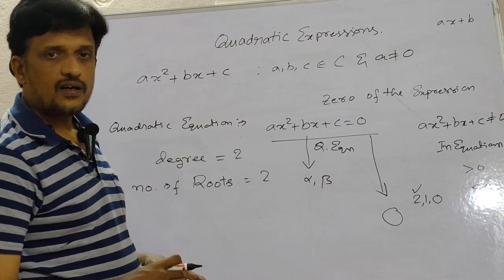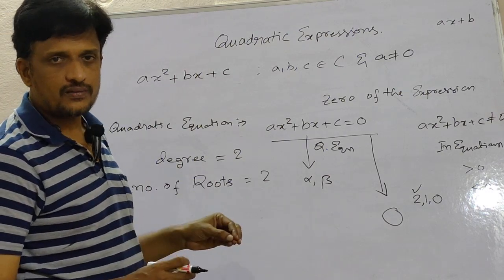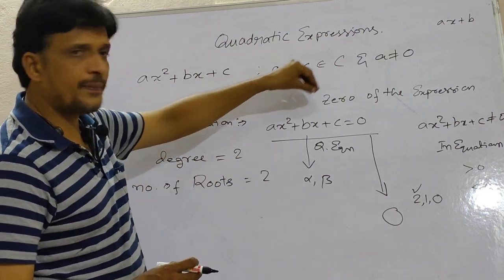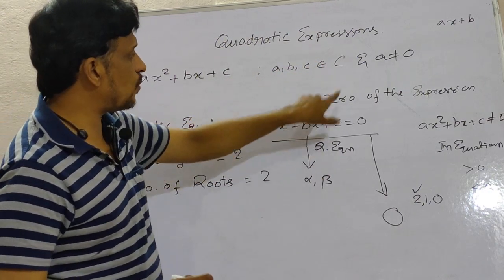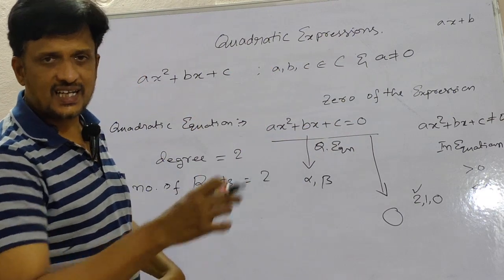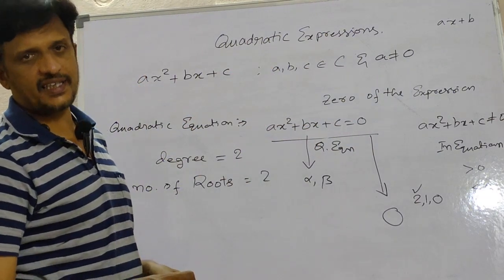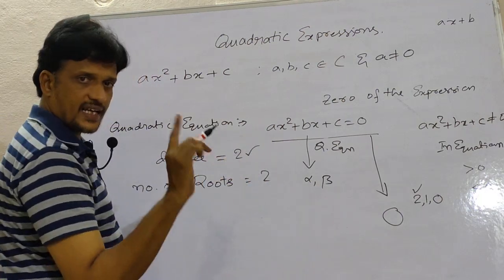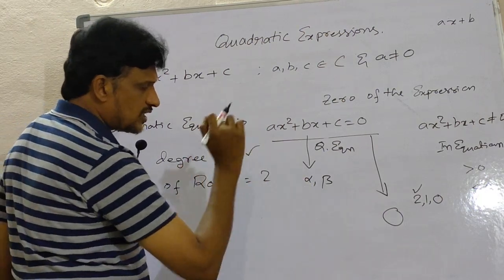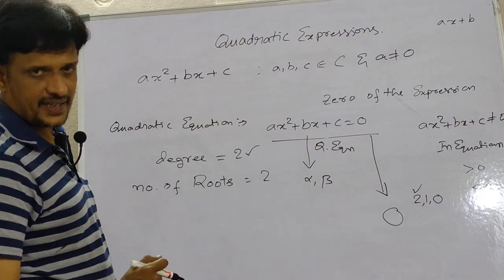That means for which number, that number you are writing in the place of the variable x here, for what value of x you are getting the required result 0, that is called root of the given quadratic equation. So here the quadratic equation is of degree 2, so it has 2 roots. Usually the 2 roots are denoted by the letters alpha and beta.